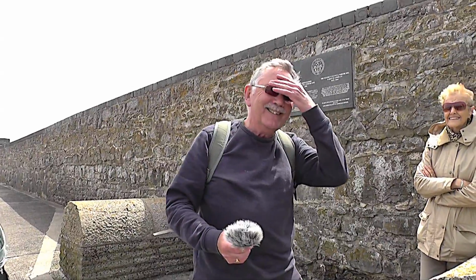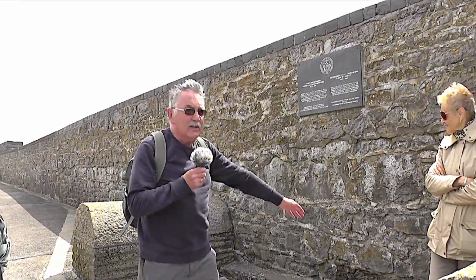This is going to be a bit different from the usual walk because it's going to take us around Porthcawl, looking at things that you may or may not be aware of. Porthcawl does have some history, and I'd like to point out a few things as we walk around. The reason I've brought you here to the starting point is because here, if you'd like to move forward a bit, you'll see a couple of...